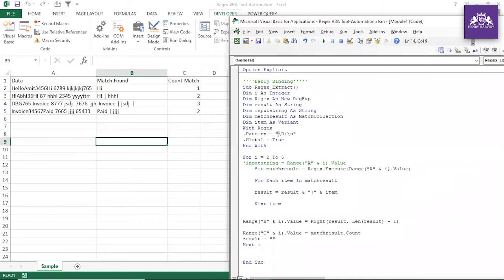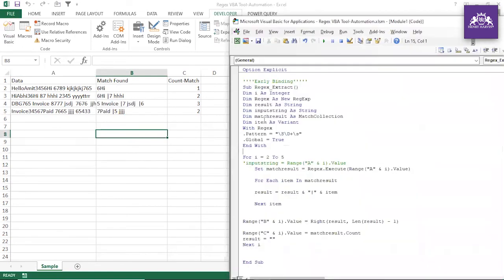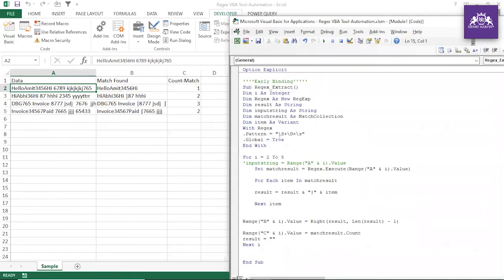But let me tell you one more thing. If you want a non-white space character, okay, again you see that you are getting this. All right, because if you make \S plus, now you see what result you are getting, because this is the complete string, non-white space character followed by some space.